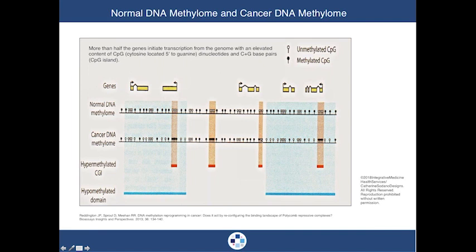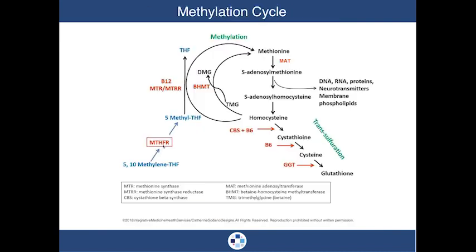They are turned off. And overall, as you see on the bottom, there is a global hypomethylation all the way across. Remember, methylation can affect expression of the DNA. That's called epigenetics. And if things are hypomethylated, what it can do is cause cancer expression in DNA, turn off the housekeeping genes and so forth. That's where doing these tests can be extremely important. And that's really the point of this particular slide.